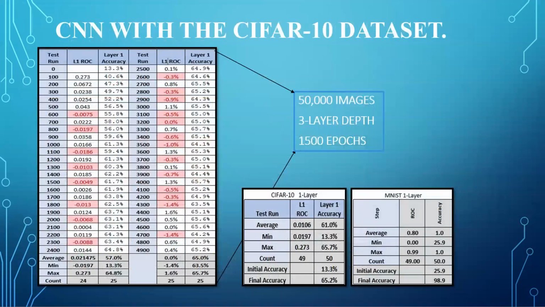This slide shows the table of results from the one-layer CIFAR-10 dataset. The initial accuracy was 13.3%, considerably lower than the MNIST one-layer convolution model, and completes with an accuracy of 65%. Based on the different data types, one-dimensional grayscale letters with a 1 by 28 by 28 size for the MNIST versus 3D RGB color images, which are 3 by 32 by 32 in size for the CIFAR-10 dataset, it was not a surprise that the differences would be this significant. Additional tuning of the filters, kernel size, and padding may improve these results, as well as modifying the number of layers and epochs.